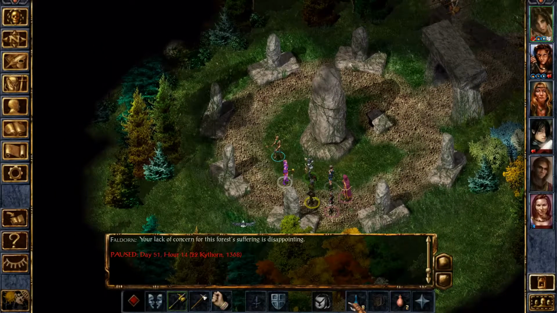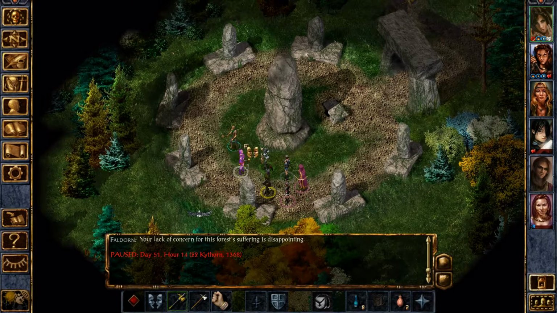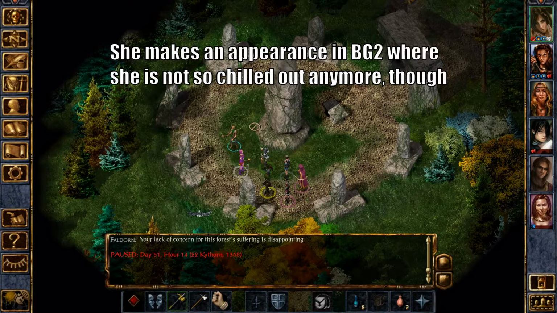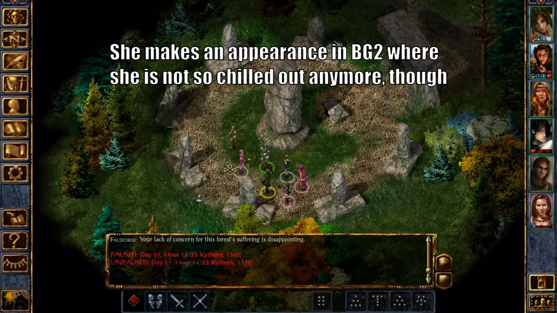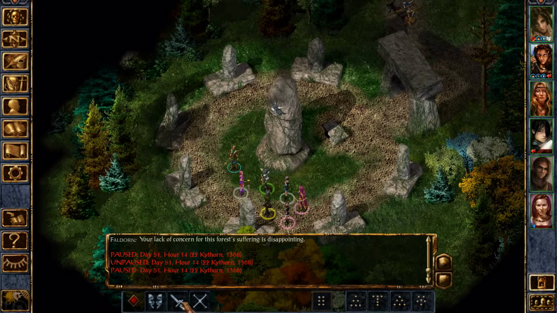But anyway, Faldorn is supposed to be this really angry and hate-filled Shadow Druid, but listen to her voice lines, by the way. "Nature is all." "Nature is all." Let us sing some kumbaya, friends. She's the most chilled-out character when it comes to her voice lines in the whole game. "I am one with nature." Yes? But anyway, since Jaheira is the hate-filled one and wants us to get rid of this nasty Shadow Druid,